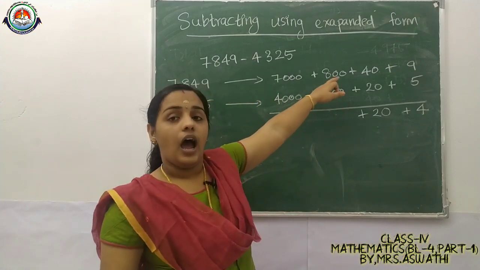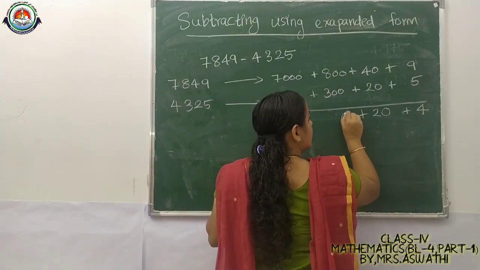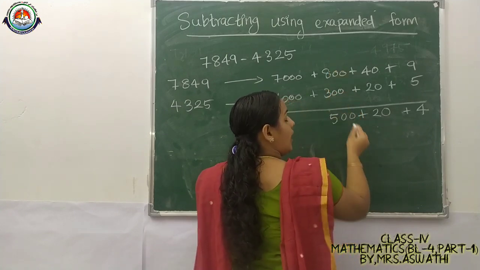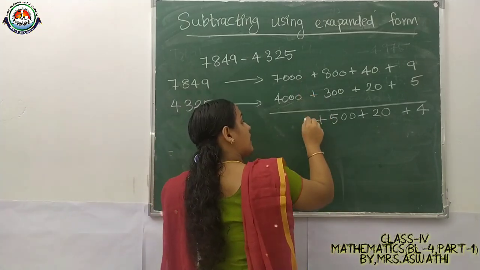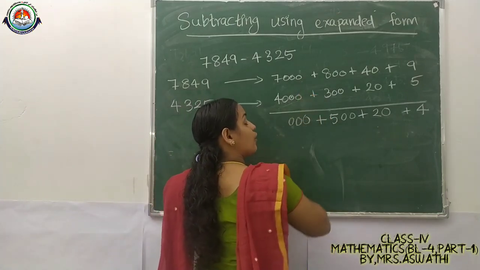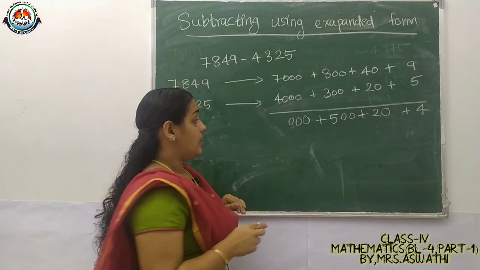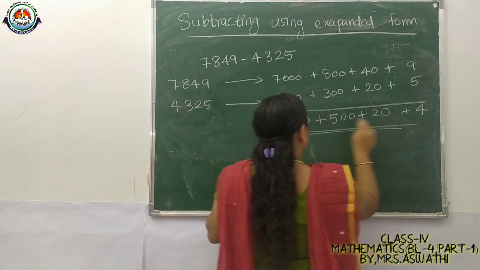And next, the 100 place. Write 2 zeros here and subtract 3 from 8. We get 5. Then we write 000 here and subtract 4 from 7. We get 3. So the answer is